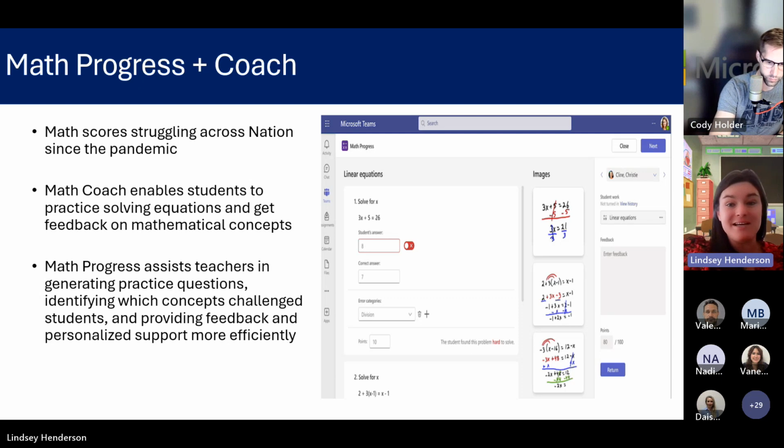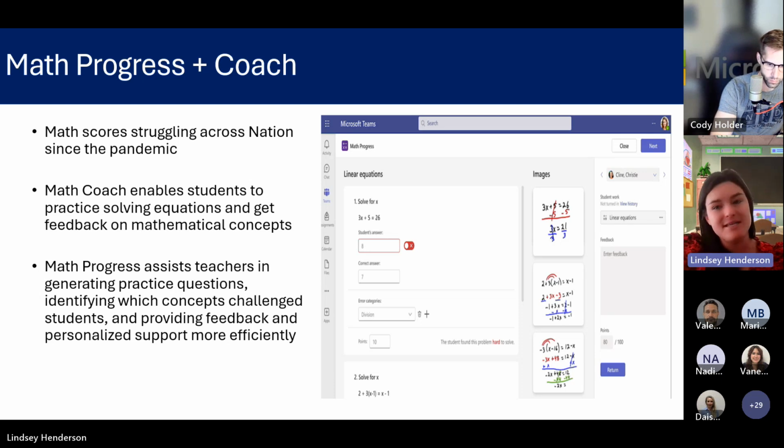So Math Coach is going to break down each part of the problem with text explanations for each step of the operation. I know, like a lot of times teachers too, when you're doing a math homework assignment, it's show your work, not just get the answer. So it's going to show the students the proper process to go through solving that particular equation.